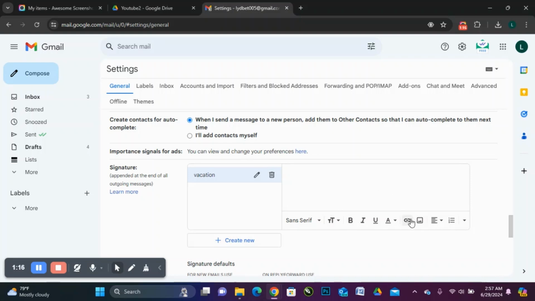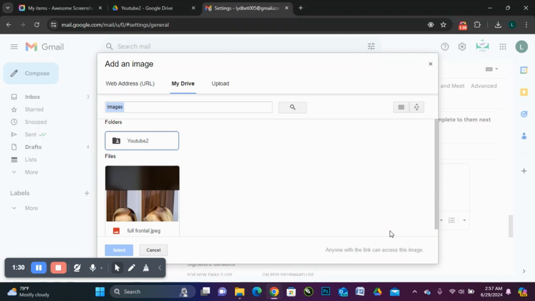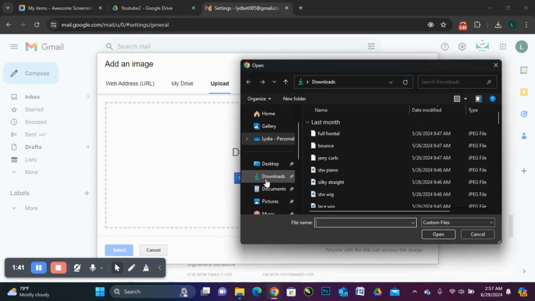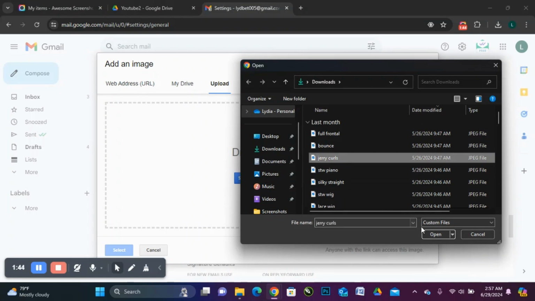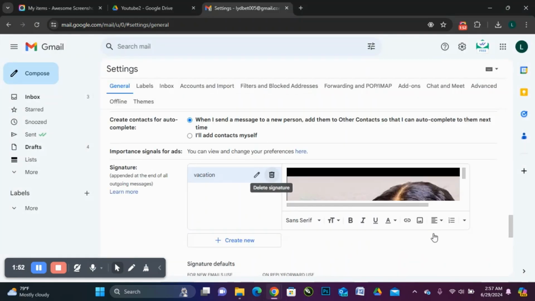Now, to add a picture, you tap the image icon in the list of options below the editing section. It could be your logo or whatever picture you want. So you click on the picture and you can select or upload a new picture. Let's try uploading a picture here. Now the picture has been uploaded in the signature